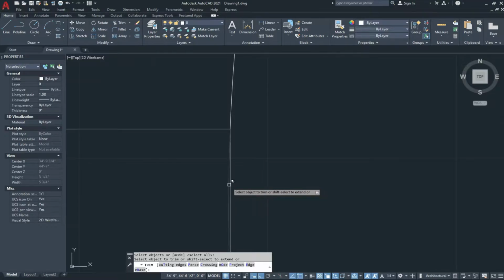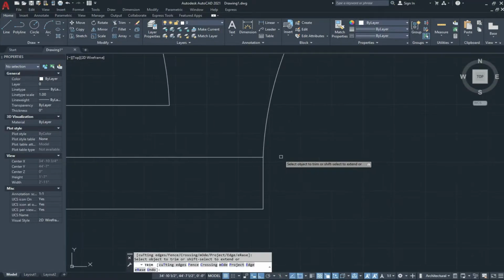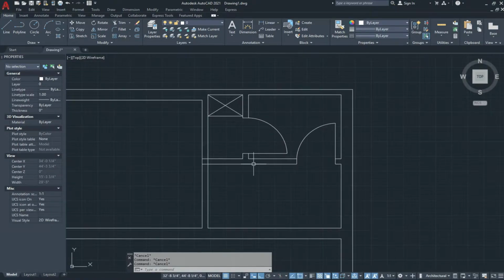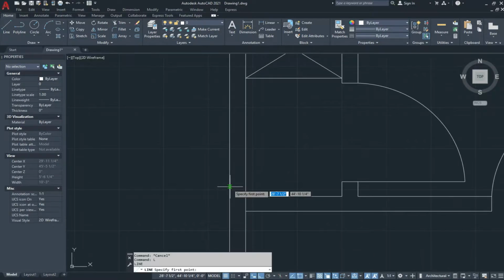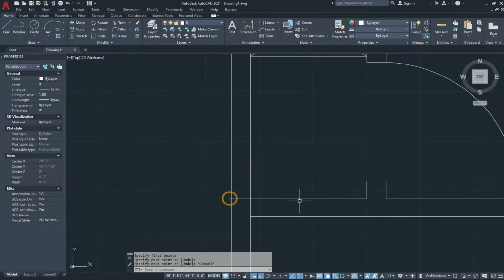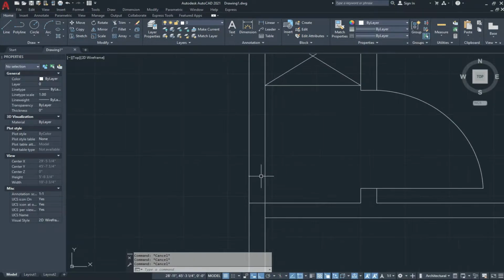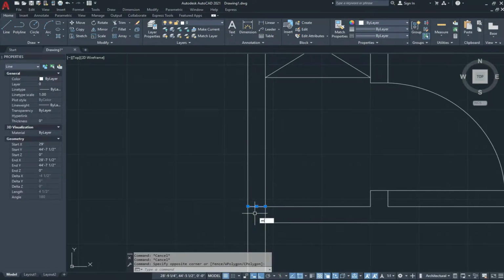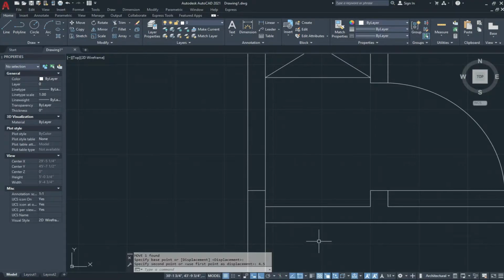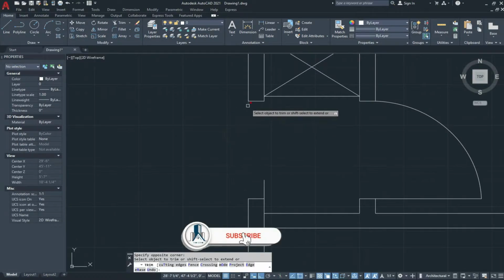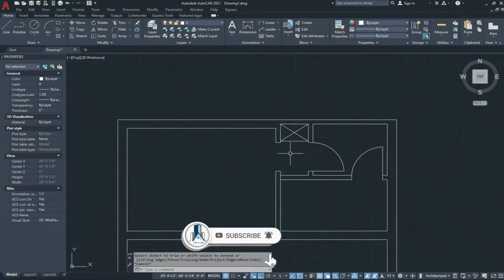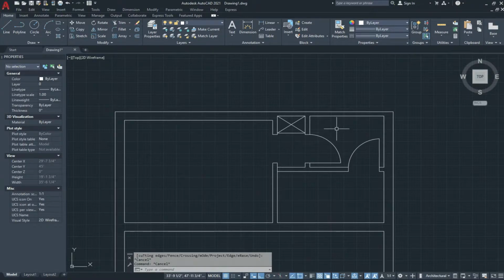TR double enter, move it 4.5 inches and give the offset 2.5 feet, and with the trim tool TR double enter we trim these lines. So in this way our shape is ready.